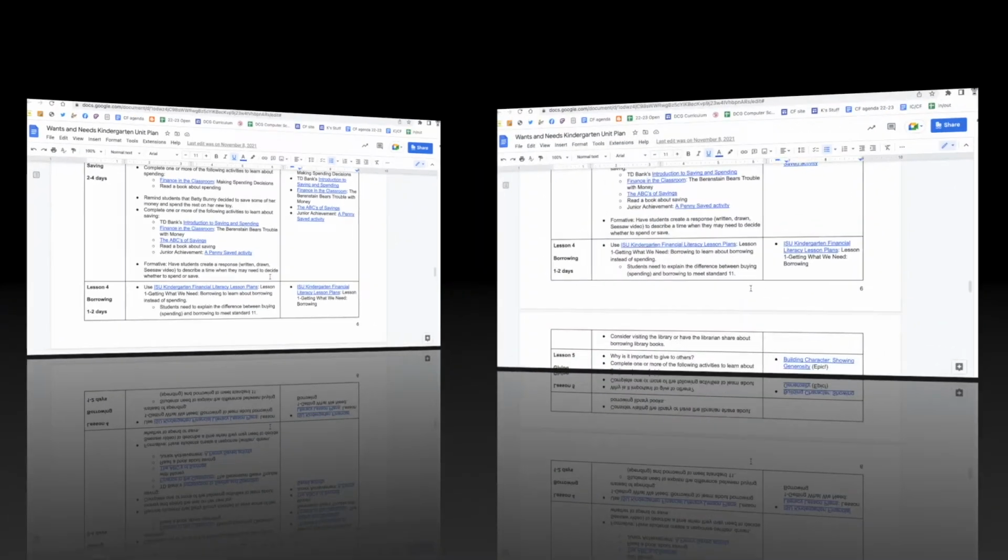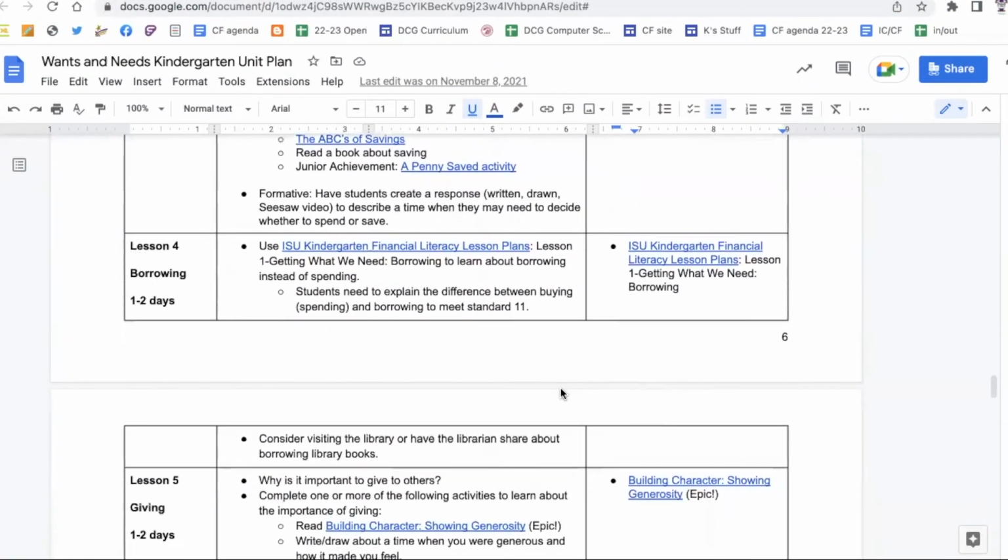save their money. Lesson 4 is all about borrowing, and we have the ISU Financial Literacy Lesson Plan, Lesson 1, Getting What We Need. And the goal for this one is to consider the difference between buying and borrowing. This is very important because it's going to meet Standard 11. We need students to explain the difference in some way. You could make the connection with the library and talk about the idea of borrowing books instead of buying all